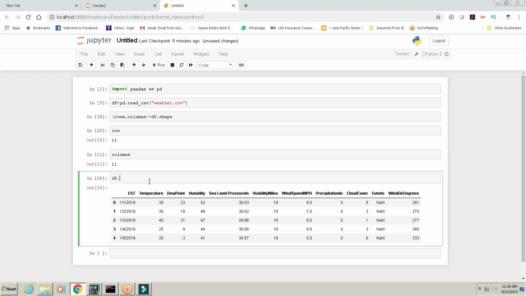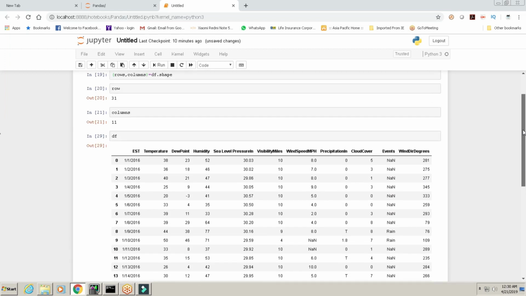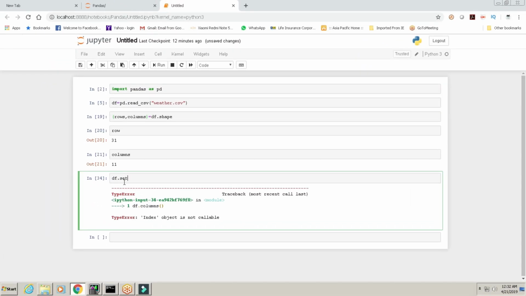So if we do, suppose, you can also do something like that, 2 rows 5 columns, or 2 to 5 rows here. 2 to 5 means 2, 3, 4 up to -1, so that is 2 to 5, and change the value to, say, est. So it will set the index to est. See, and now we can